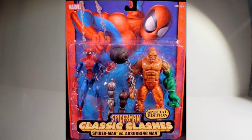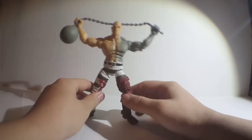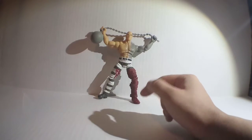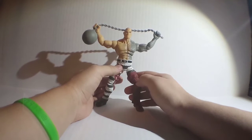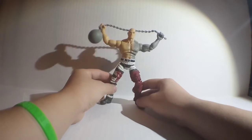So this is another figure that is Hasbro, and I got this because the Toy Biz one was too hard to find, and that is Absorbing Man. This is the Marvel Legends Absorbing Man from the Fing Fang Foom series. This is actually not from a Spider-Man wave, this is actually from a Hulk wave. I got this one new in like 2009, 10 maybe? 11? I don't remember when it was, but this is back when it felt like Hasbro tried to have more